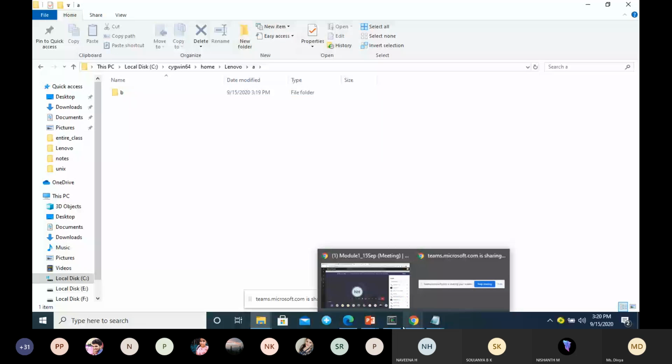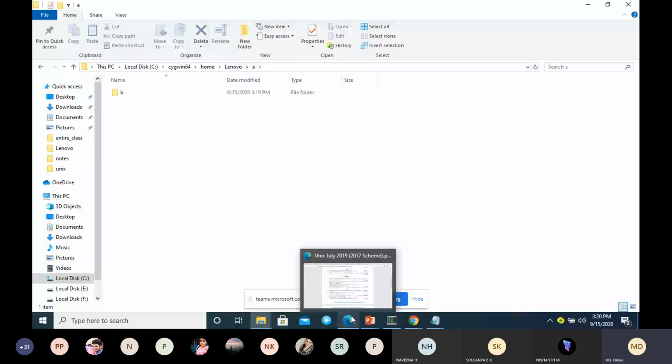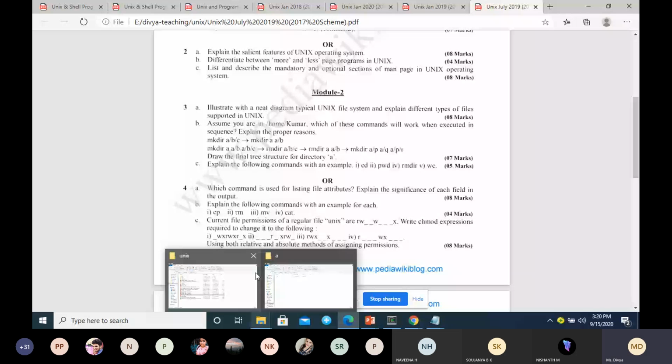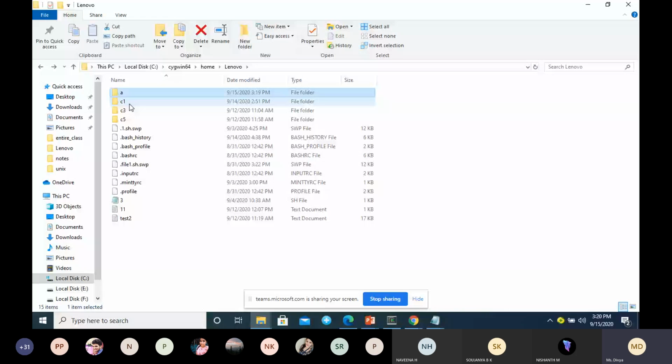Now, this line is over. Moving to the next line. I will delete this. So in the first line, the first command will not work. You can give the reason.